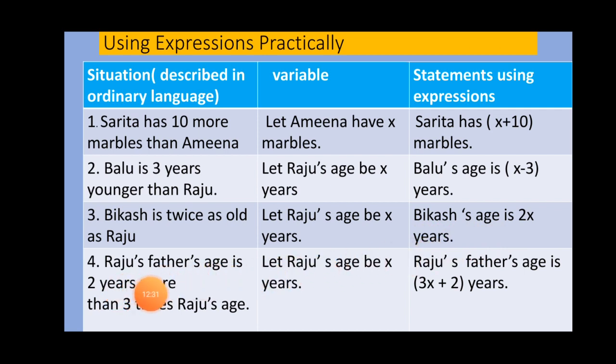Now come to the next question. Here Raju's father's age is 2 years more than 3 times Raju's age. As we don't know the age of this boy Raju, we have expressed it using the variable x. So let's say his age is x years, then how will Raju's father's age be expressed? It is 2 years more than. Whenever more than comes, we are talking about the addition sign. 2 years more means plus 2 has to be there, with what? With 3 times Raju's age. 3 times means multiplication, 3 into x, and that has to be added with plus 2. So this represents Raju's father's age.